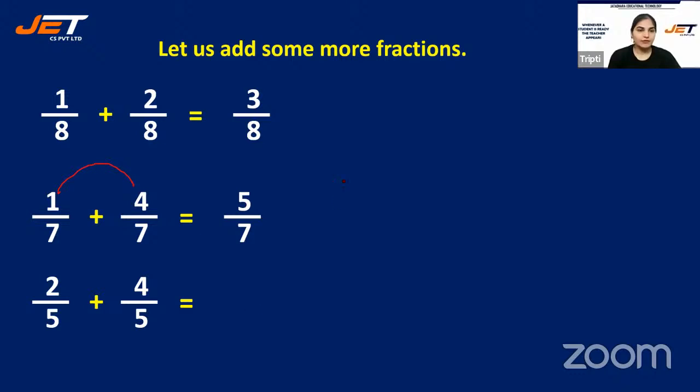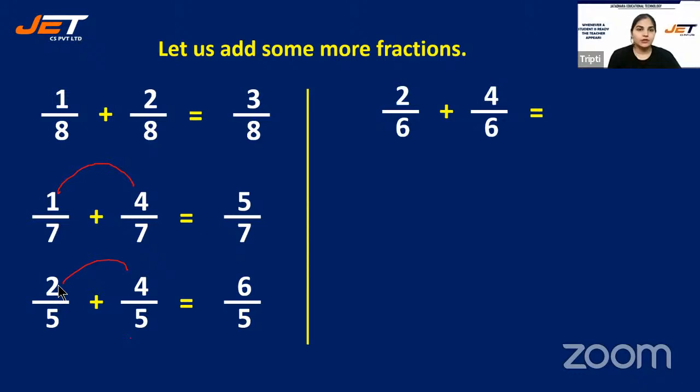2 by 5 plus 4 by 5. They should have a common denominator. It is 6 by 5, because 4 plus 2 is 6 and 5 will be the same. The denominator should be common. 2 by 6 plus 4 by 6. So yes, it is 6 by 6,